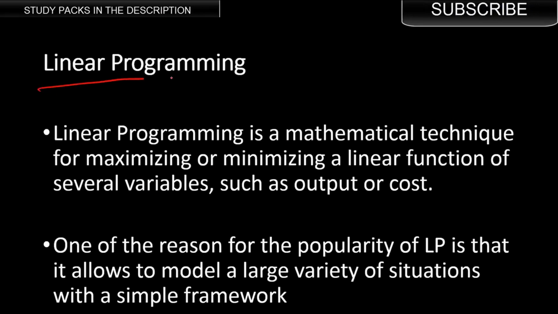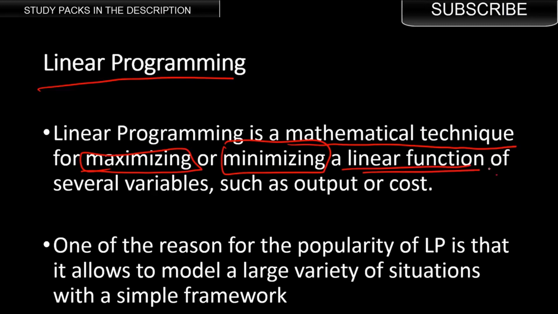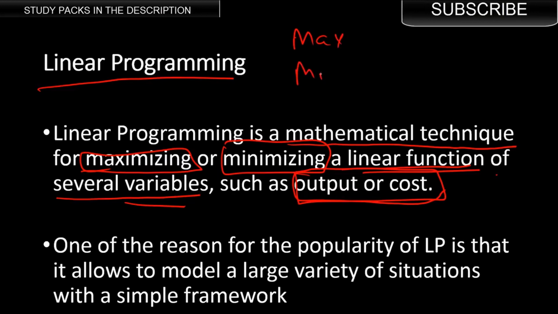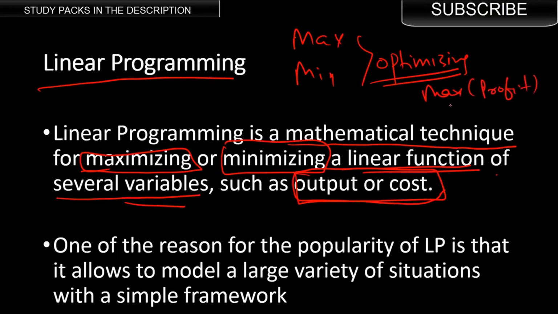So what is linear programming? Well, linear programming is a mathematical technique, so that's one thing to note. This is one mathematical technique for maximizing or minimizing a linear function, and we'll see what a linear function is, of several variables, such as output or cost. We'll understand this definition in detail, so we'll just talk about a few things that I have highlighted here. One is maximizing, the other one is minimizing. So when we talk about maximizing and minimizing, we are essentially optimizing, right? Since in a company we want to maximize profit and we want to minimize